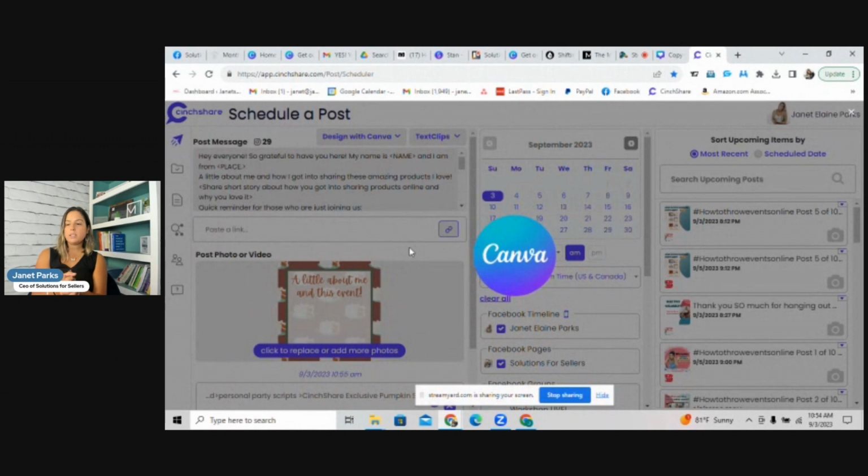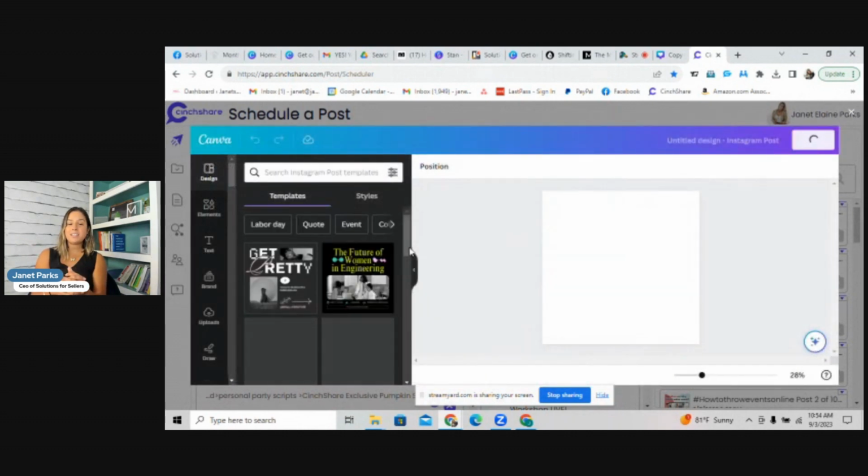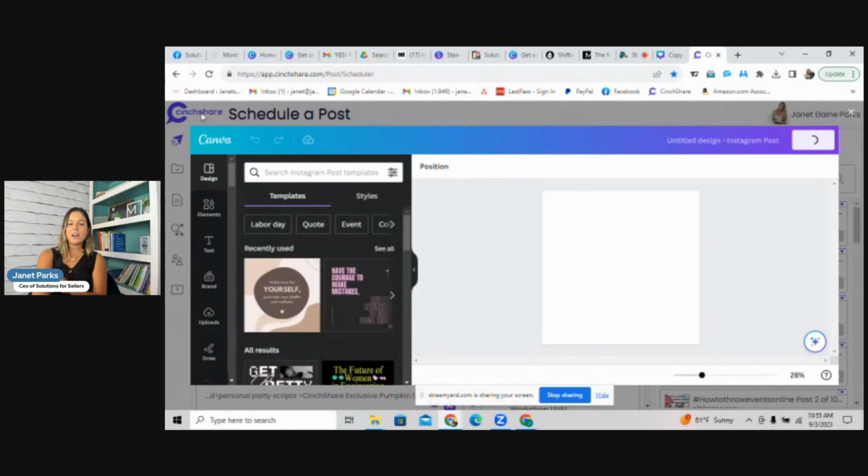All right. So once this opens up here for us, you're going to see that this is what's really cool, right? You see the CinchShare in the background and Canva here on the front. Super fun, right? Super cool. I love this tool because it makes it so much easier to use one tool to make all of your edits with your captions, with your graphics. And once it's 100% good to go and it's personalized, you're ready to just schedule that bad boy and then reuse it over and over again for the entire season.